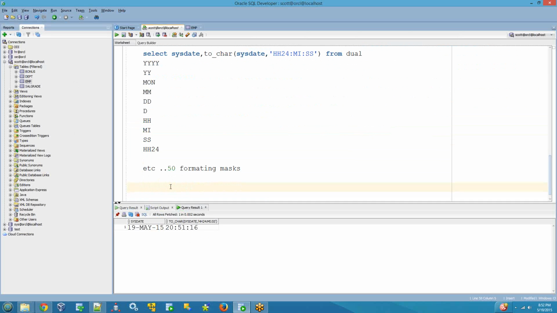Okay, so now let's see. Write a query. Anybody have any issues? Is the to-char function a single row function or a multi-row function? Single row. Okay, so now write a select statement